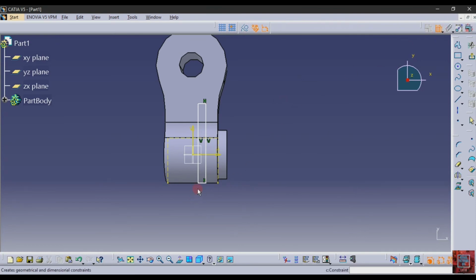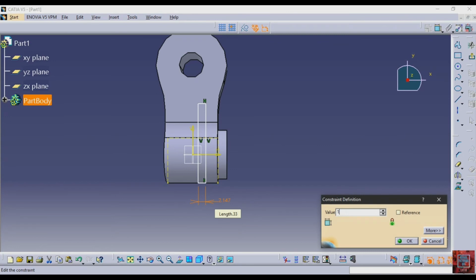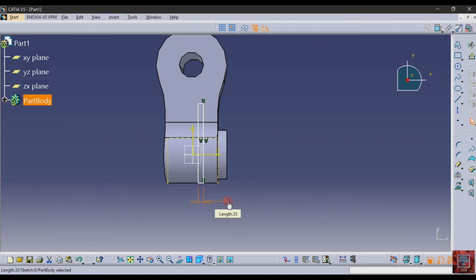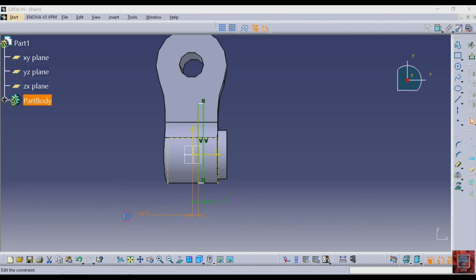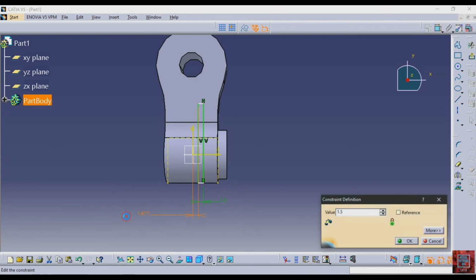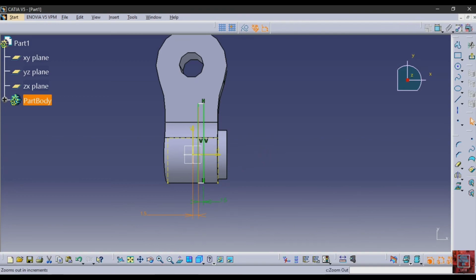Then the length of this line is 1.5, and the distance between this axis and this line is 1.5.